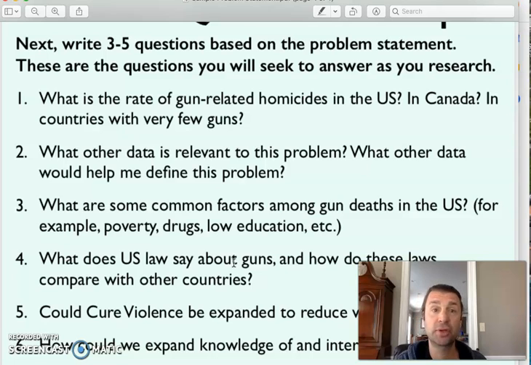So you might just focus on St. Louis County. What are the rules here? What does it take to buy a gun? So that could be one of your questions too. Cure Violence is the name of a program that started, I think, in Chicago, and they've had really good success with taking people who have been through the system and working with people who are at risk for gun violence. And so that's in your ways to address or solve the problem category. So you want to have some questions related to that part of the paper too.